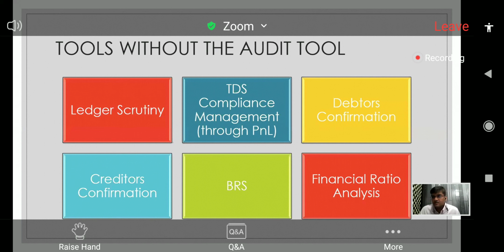It helps us understand whether all the invoices raised during the period, or all the invoices purchased during the period, depending on whether it's a debtor or a creditor, are paid in a certain manner or not.